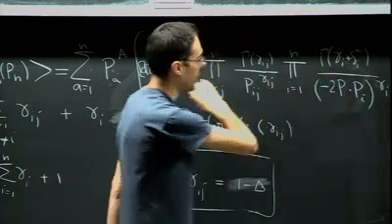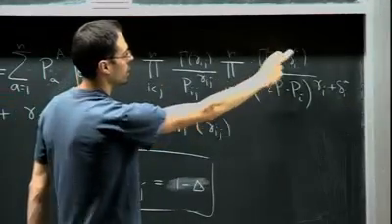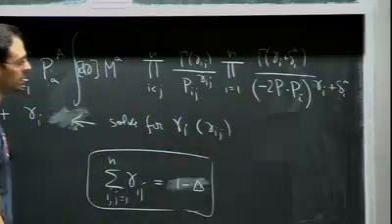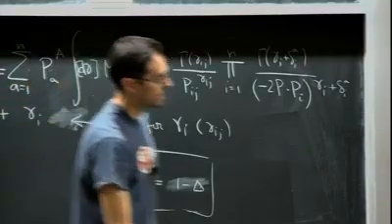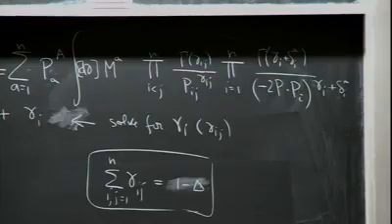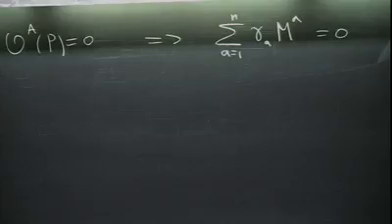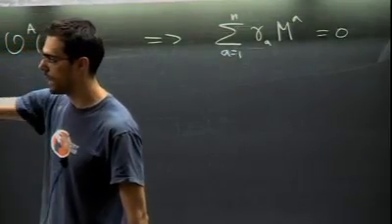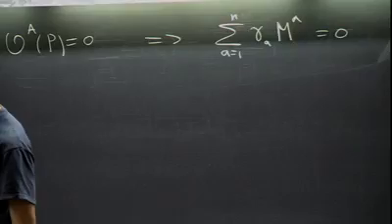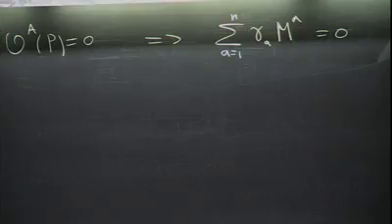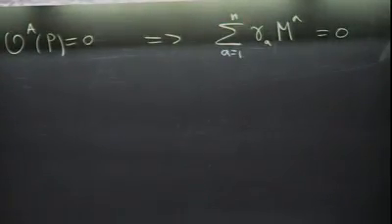But now, to bring everything to the same form, you need to remove the +1 from the gamma function in the numerator, and then you have a homogeneous constraint for the sum of the MAs. So the constraint you get is that actually the sum from A from 1 to n of gamma A times MA has to be 0. Okay? Because you have to put everything together and you get a sum. So it becomes a scalar Mellin amplitude once you contract with PA. And so if you want the full correlator to be 0, the full scalar Mellin amplitude must be 0. But to put everything together, you get this equation. Okay, so with this definition,